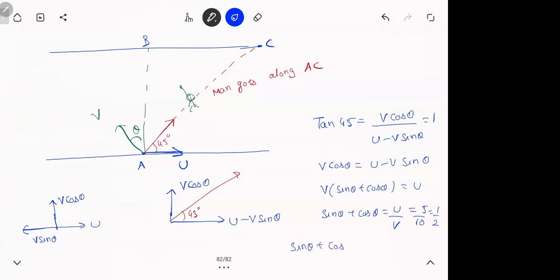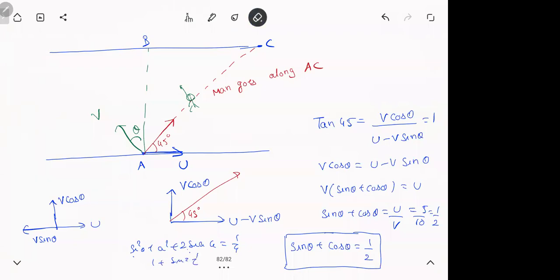You can solve this, but you need to know a little trigonometry. But normally in the exam, they'll give you something which is easy to find. I don't think theta is 60, because cos 60 is half and sin 60 is root 3 by 2. You're not getting it. But still, I'll tell you how to solve this. Square on both sides. Then you get sin square theta plus cos square theta plus 2 sin theta cos theta is 1 by 4. Sin square theta plus cos square theta is 1. That is 1 plus sin 2 theta is 1 by 4. So from there, you get the angles. We're not interested in that. It will be a little complex, but if you got till this process, I think your job's done.